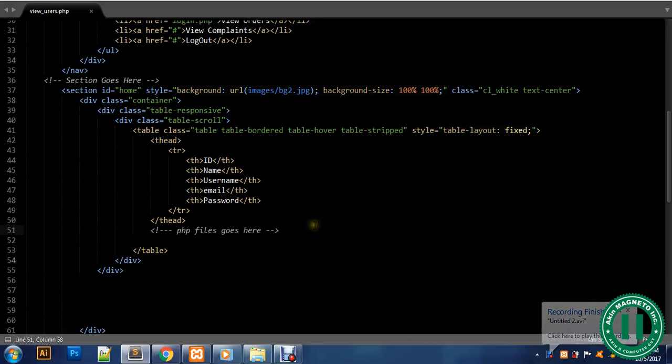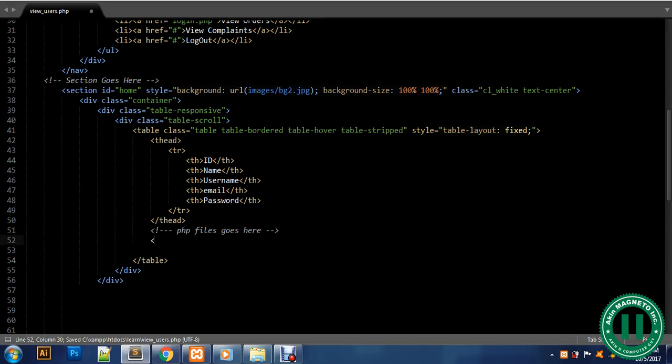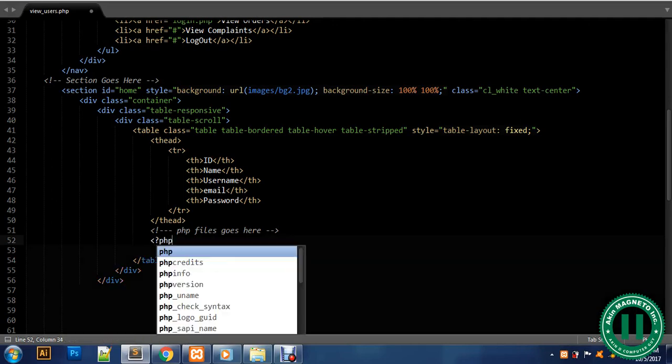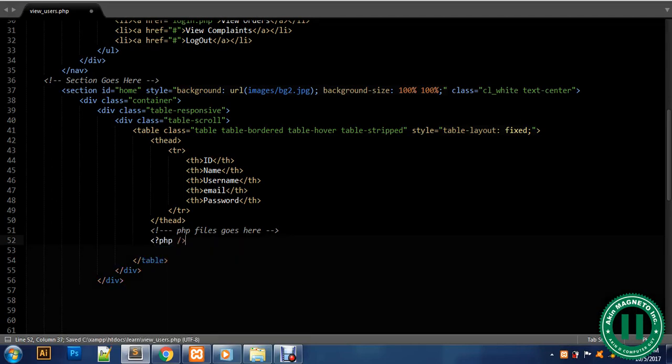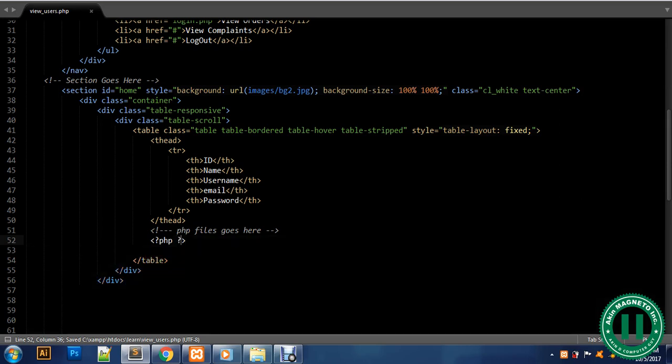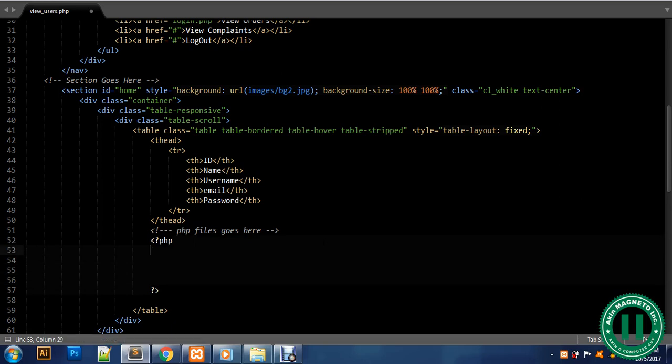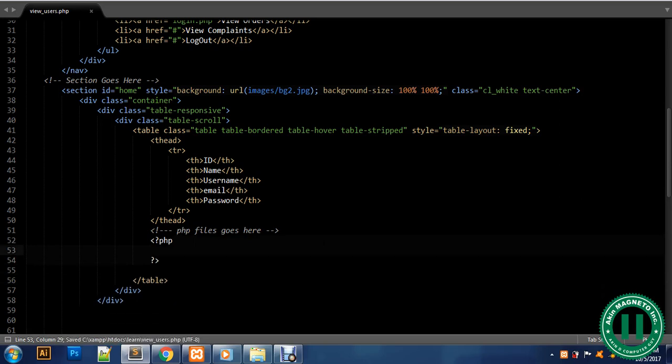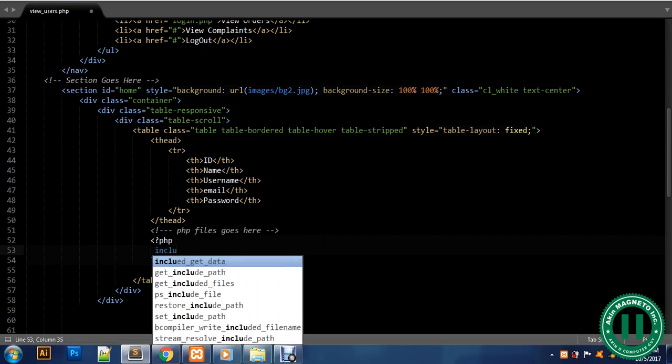Welcome back. Right now we are going to insert the PHP file. The first thing you need to do is to write the open and close PHP tags. Okay, now I want you to follow me as I'm entering the stuff here. The first thing you need to do, as I've always told you, is to